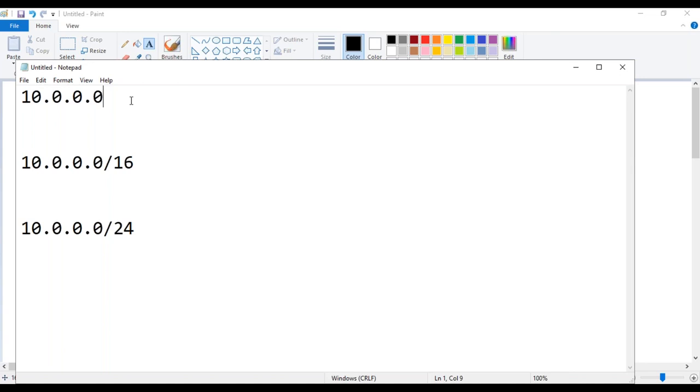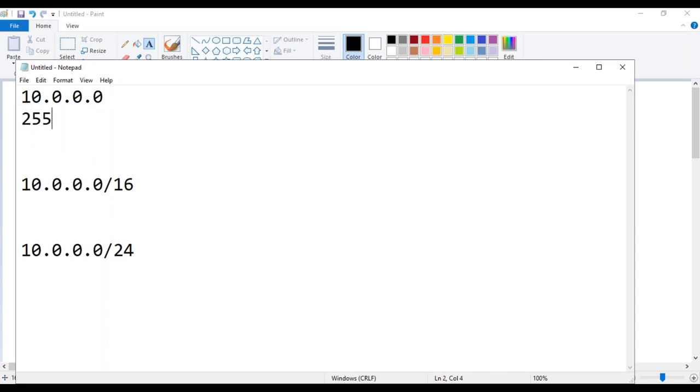Basically it's called a mask. If we give 255.0.0.0, that means the 10 will be constant. This number should not change. It will start with 255 only, by the way. It can't go below 255. It starts with /8 actually. So that means this number is constant, and the available IP addresses basically fall in these three.